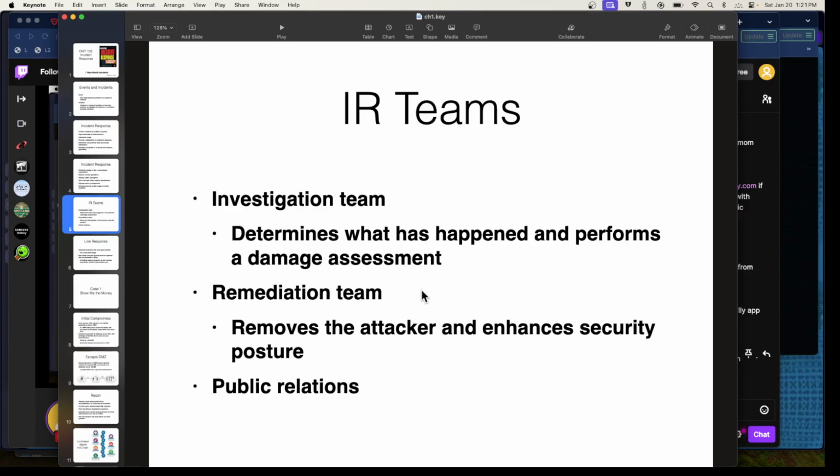Then you have a remediation team. Once you have decided what happened, then you have a remediation event where you fix all the affected servers at once and you fix the vulnerability so the attacker will lose all their footholds into your network and they won't be able to come back if you do it correctly. This is very difficult, and very often it fails, and you have to do another investigation and another remediation because you didn't really find all of their remote controls. But that's the idea. And then you've got public relations and legal all through this,